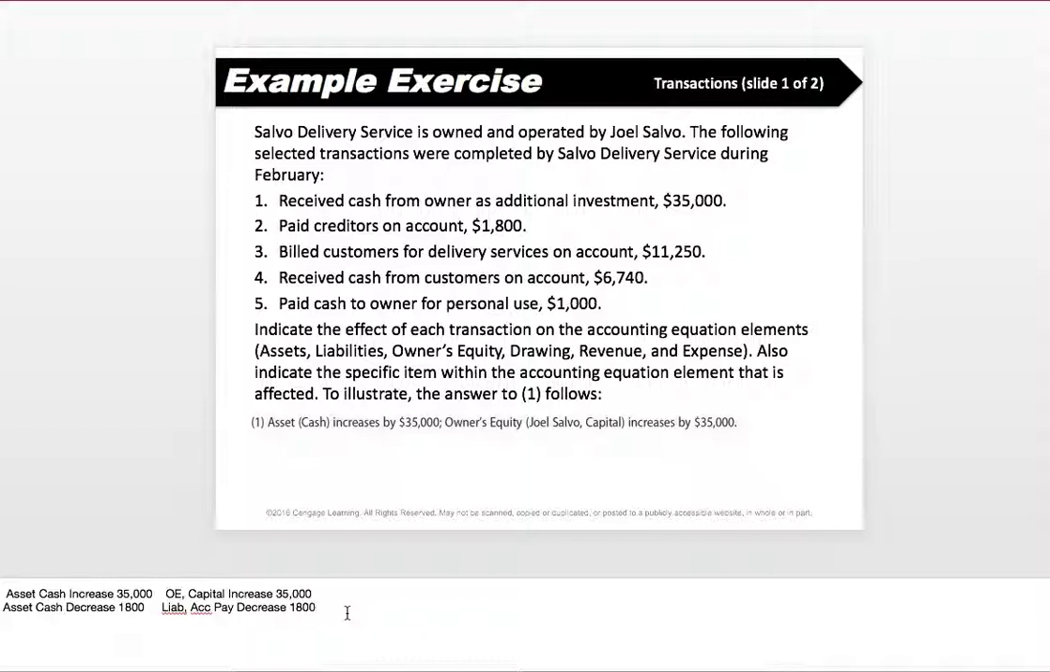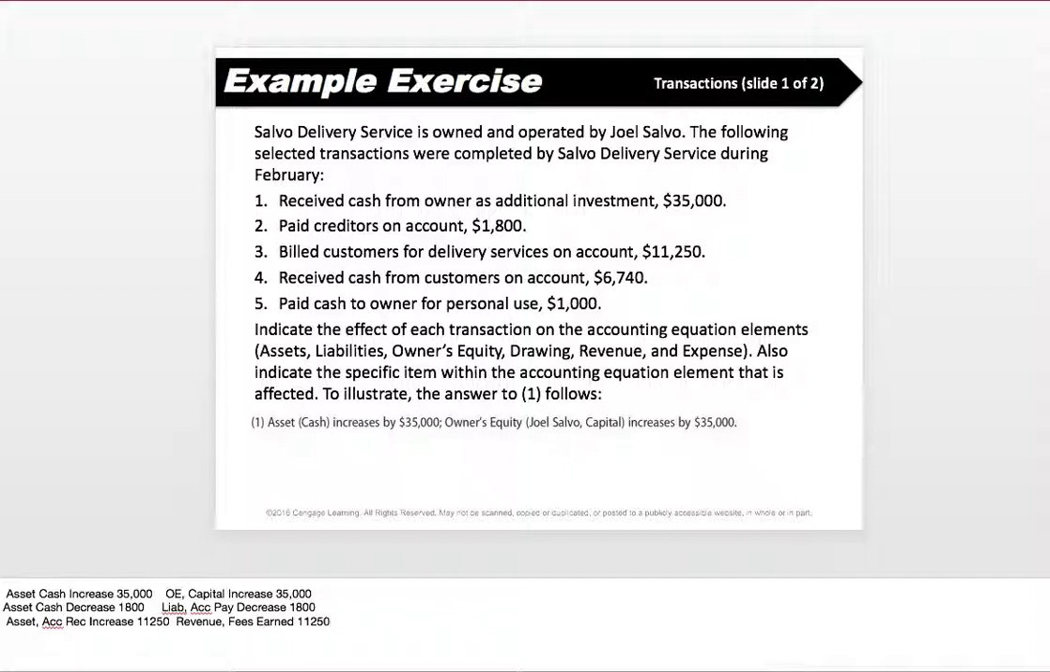Number 3, billed customers for delivery services on account. This is fees earned on account. You've done the work, but someone has not paid you yet. So what's going to happen there is you'll have an asset called accounts receivable. That's going to increase $11,250. And then you'll have fees earned, which is revenue. Fees earned for